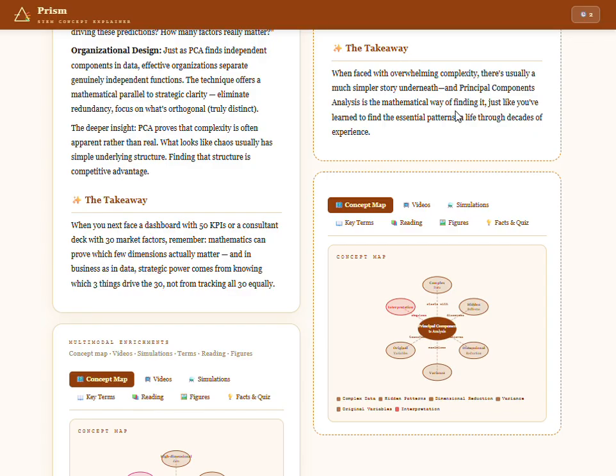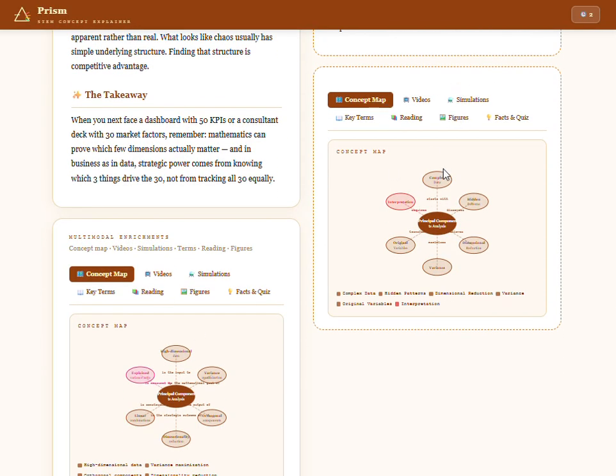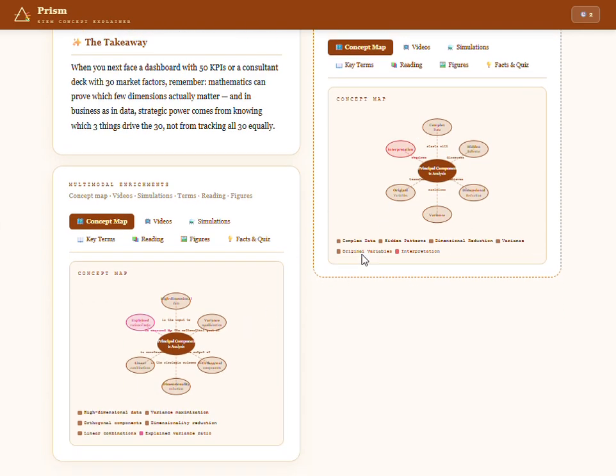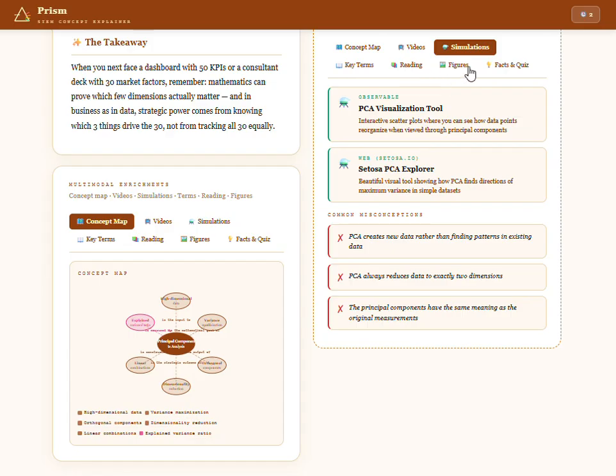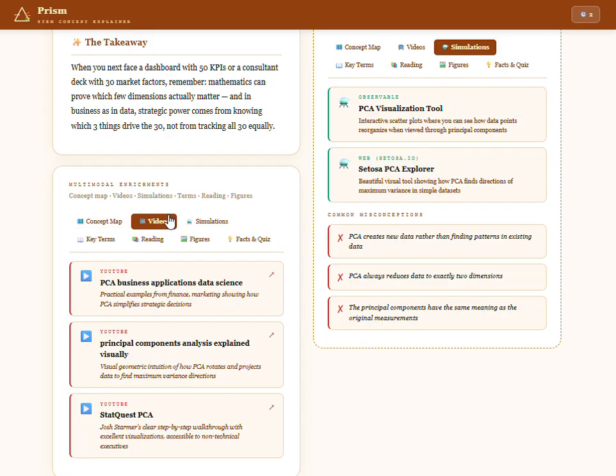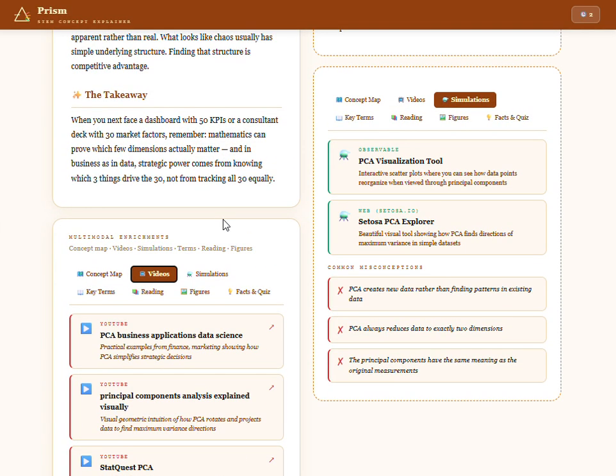All right, so now again, we have all this enrichment for both the audiences. They are mostly similar with some variations. You can see the concept map is quite different for both. Here it is very business oriented, and here it's just in very plain language. And you can see some videos and simulations and key terms readings and all that. And similarly here also you can see the videos, mostly all three from YouTube, and other resources for the